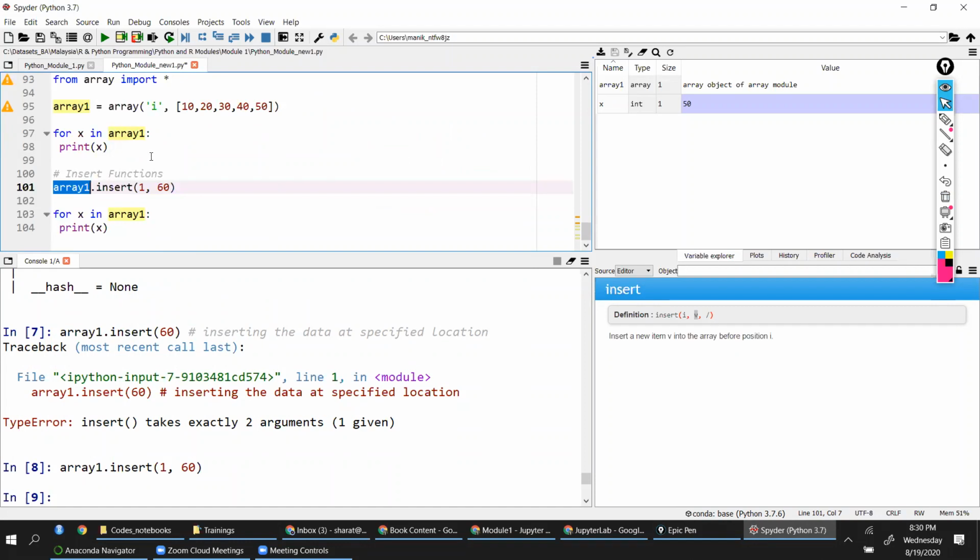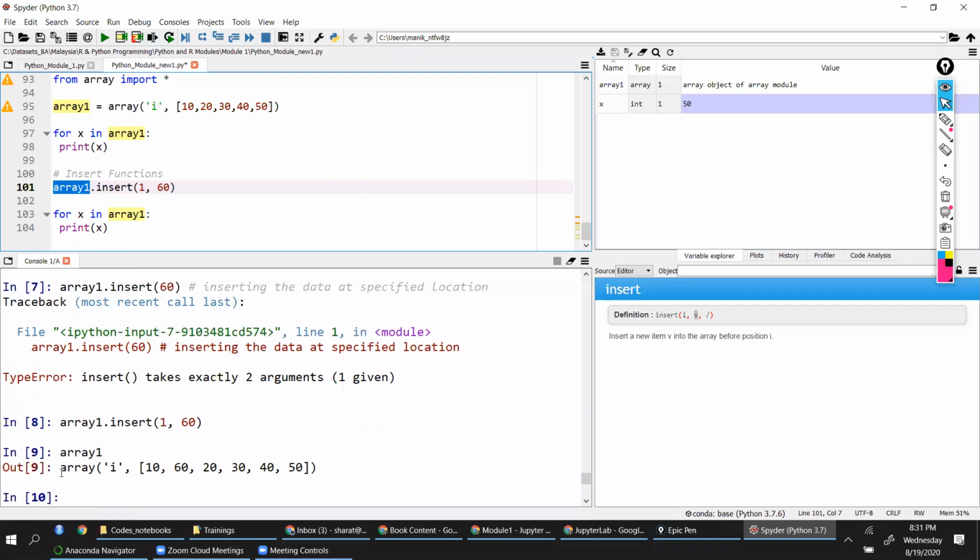Just like how we have seen how multiple lines can be executed, similarly, only a partial part of one line can also be executed in Spyder. So these are the capabilities of Spyder, not Jupyter. When I select only array1 and execute, it executes only that part. And you can see 10, 60, 20, 30, 40.